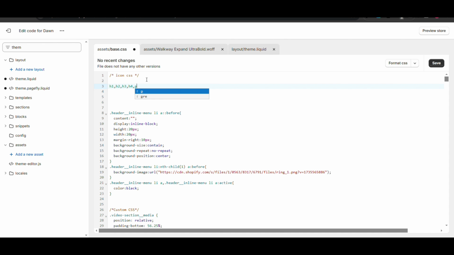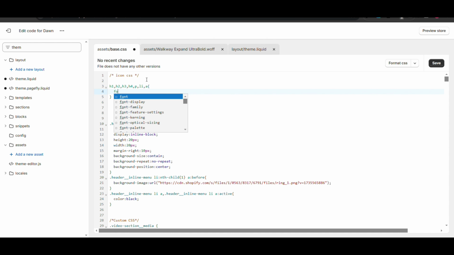Suppose you also want to use it on paragraph or list, anywhere, you just need to write it. Then just write the font family name that we have created, Walkaway Expand. You can write whatever font name you have used.